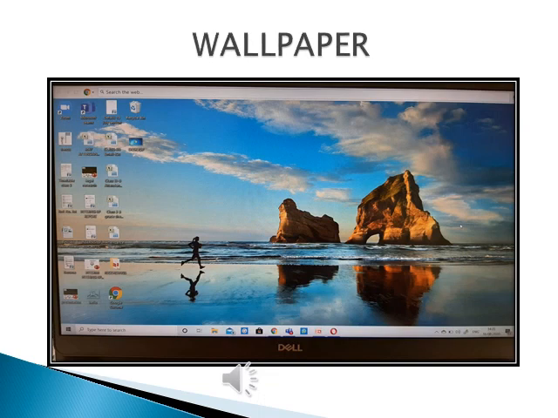We can see water, mountains, blue sky and white clouds. Everything is looking beautiful. So this is called wallpaper. And what is a wallpaper? It is the background picture of the desktop. Yes, and we can change the wallpaper as per our wish. So the background picture of a desktop is called a wallpaper.